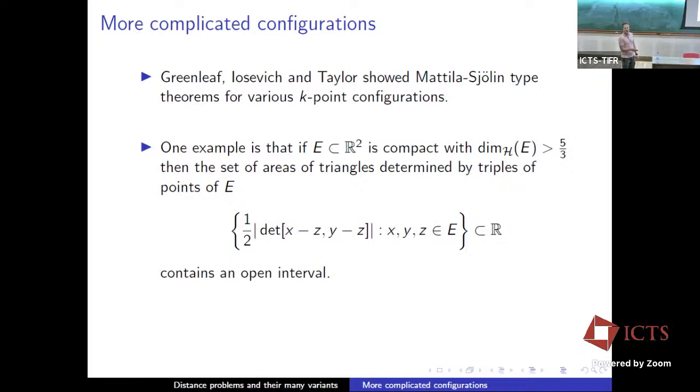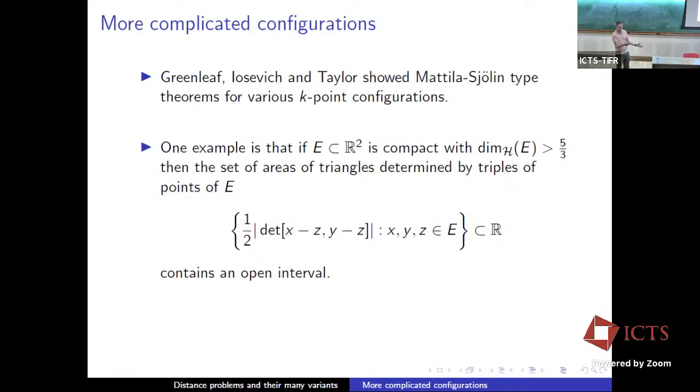You can ask, how large does the Hausdorff dimension of my set need to be such that the set that contains areas of triangles has non-empty interior? And they found a threshold for that. This is just one example lifted quickly out of their paper without thinking a whole lot about it. They have a general scheme: if you have a function that takes in points and has certain properties, then you can get